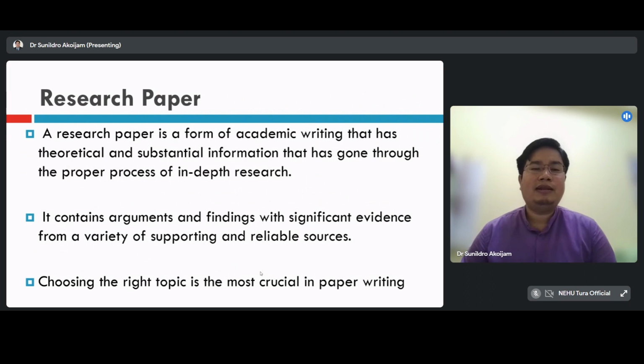The next important thing while writing a research paper is that you should identify what type of research paper you are writing or are about to write. I have seen so much confusion among young faculties and young researchers. Whenever they think of writing a research paper, they normally presume that there's only one type of research paper, and then they start writing accordingly. But they don't realize that there are different types of research paper, and each type has a certain structure.